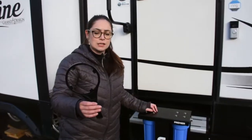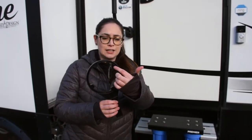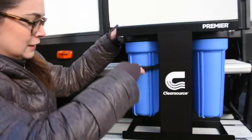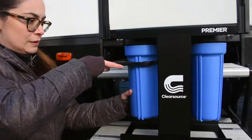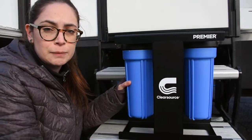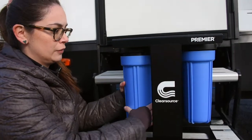So I'm going to use this lovely doohickey thing to unscrew the canisters. I've learned that this goes on the side of the groove. There's grooves on the canister. So to just unscrew it, make this motion to unscrew it. I've untightened it a little bit, but it can be very, very tight typically. This canister will come off,